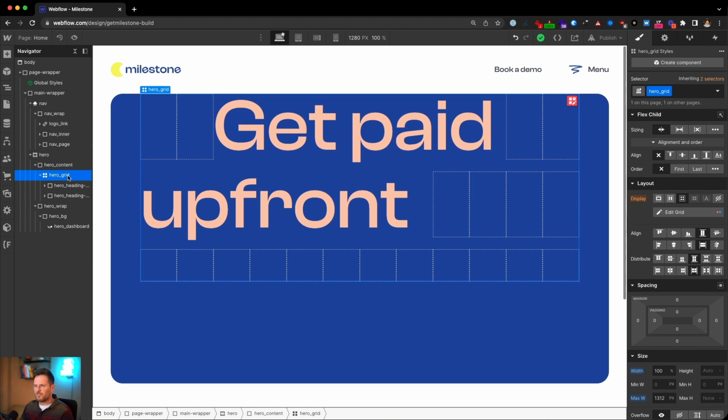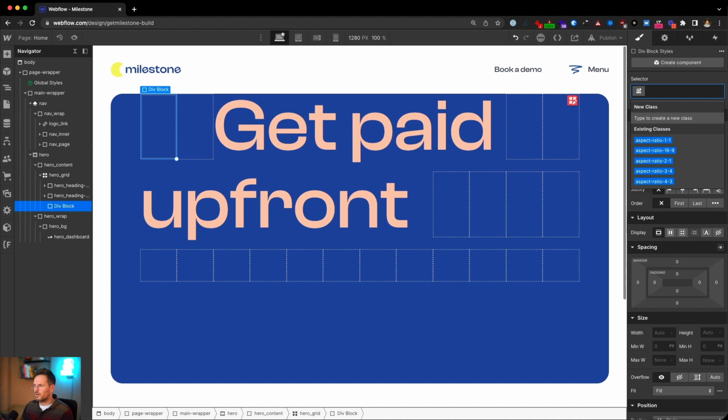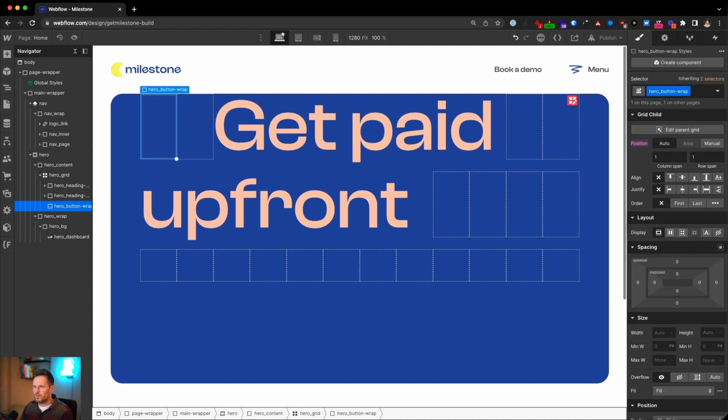So let's add a wrapper for the button. Take another div and let's call it hero button wrap. We have to position it manually. It should definitely start in row 2 and probably in column 8 until column 11. I'm going to add the button later because it's a little bit more complex to build this button.